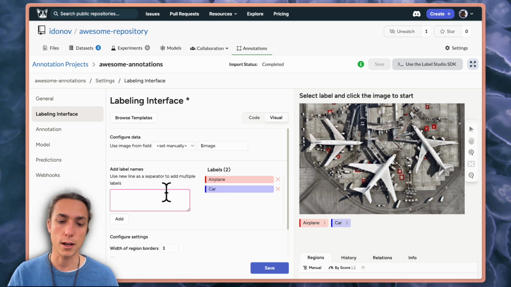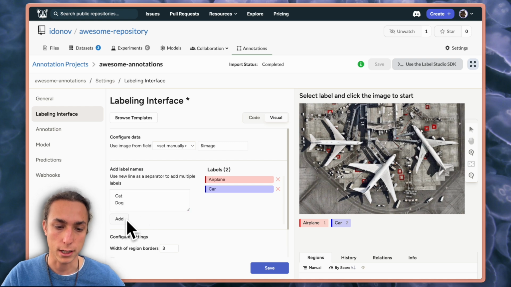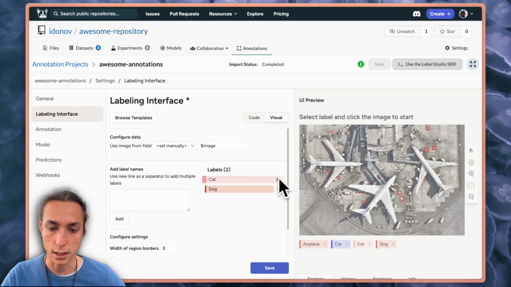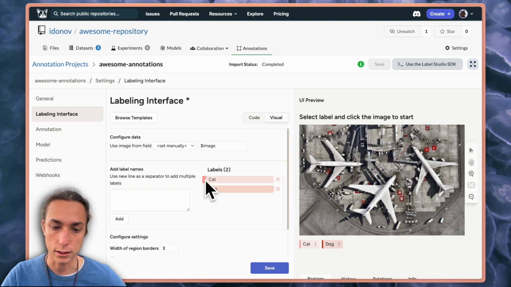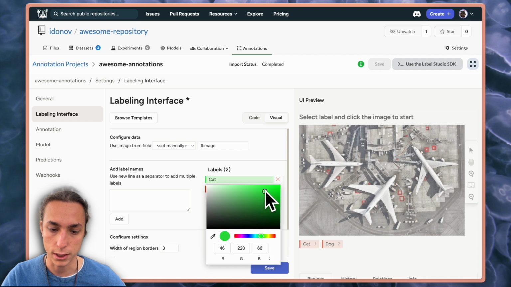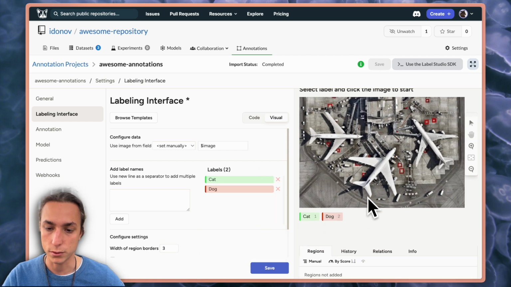In my case, I want to annotate different things. So I want to annotate cats and dogs. So I'm going to write cat and dog. And when I click add, it's going to be added here. I can remove the airplane and the car. I can change the color of the cat. Let's have a green cat and a red dog, and I can use the preview to try it out,